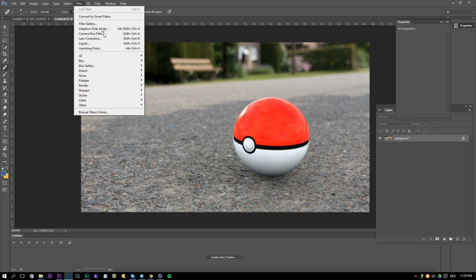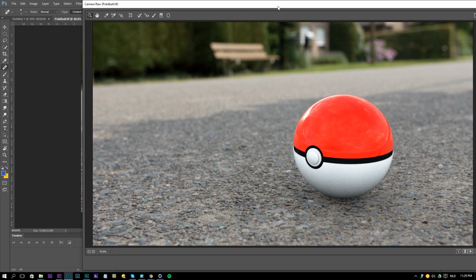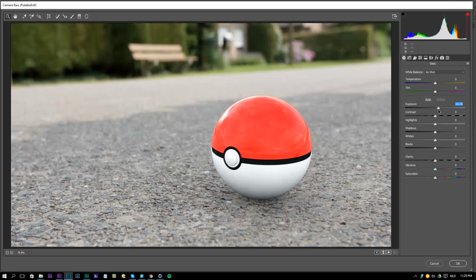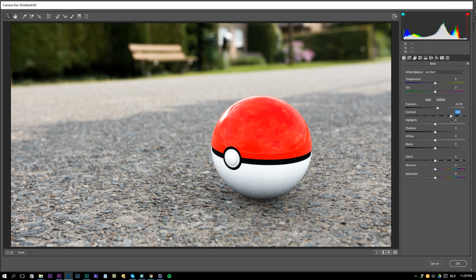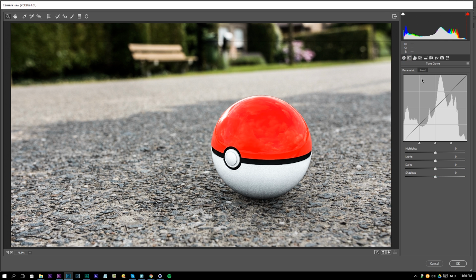Now we can go to the filter, Camera Raw Filter, and here we can just do some adjustments to our image that are going to make it look a little bit better, a little bit more popped. So I'm going to increase the exposure just a bit, increase the contrast, remove some of the highlights and add some of the shadows, and add a lot of clarity. I really love clarity. Then add more vibrance, just like 60% vibrance, maybe a little bit less, because reds are really getting overexposed easily. So I'm going to keep it at 0, and we're going to look at this later.